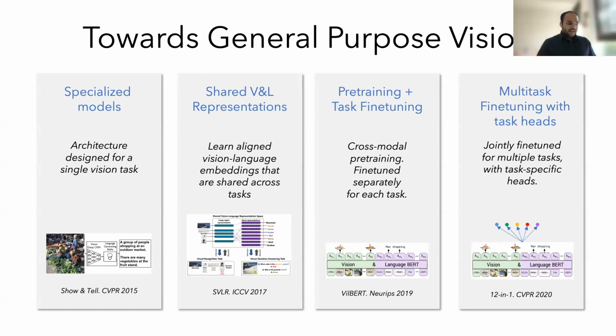So if you had an image text matching task, you would have one head which would have a binary prediction, a prediction over two classes. Whereas if you had a VQA task, you would have a distribution over the answer vocabulary. And both of these heads had to stick around and to be trained jointly. In fact, often if you had two different visual question answering tasks or two different visual question answering data sets, you would have two separate heads for these two.